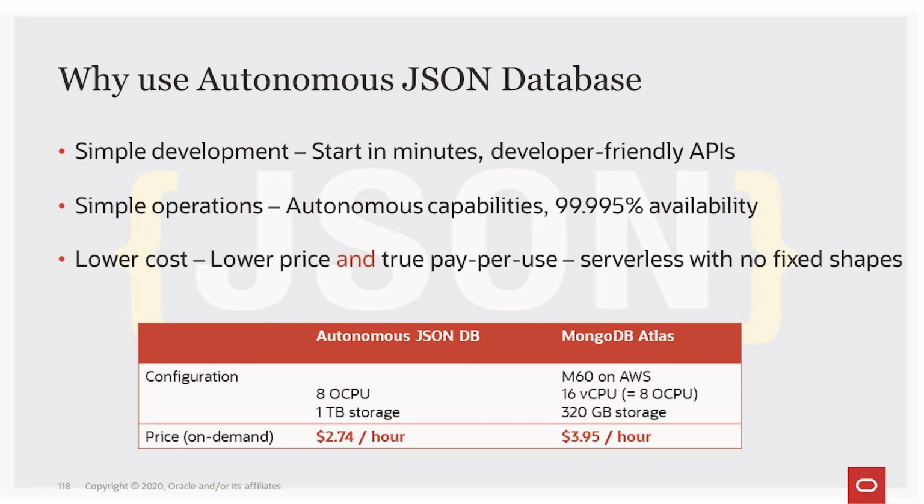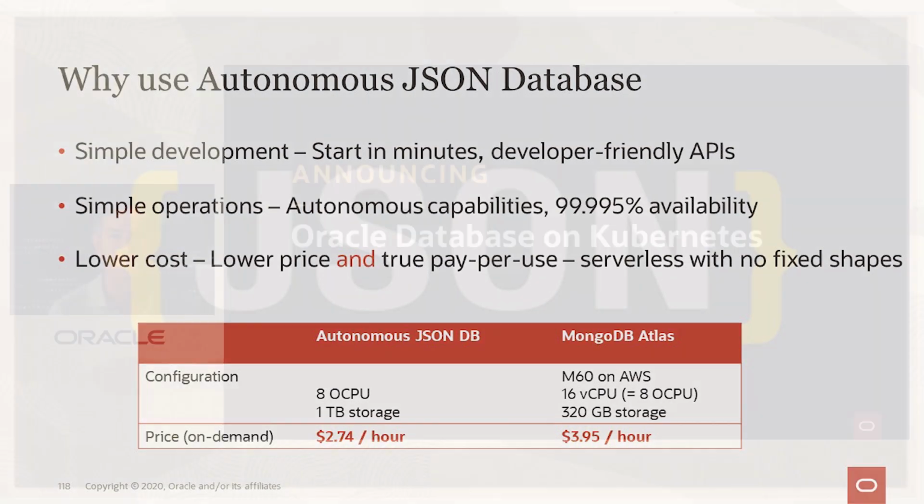Why would you use autonomous JSON database? There are many reasons, but a few are that it's very simple to develop. You can start in minutes with our developer-friendly APIs. It's very simple to operate, and it provides all the autonomous database capabilities, including super high availability. And it's dramatically lower cost. So we have a lower price than MongoDB, and we provide true pay per use, which lowers the price even more using our serverless architecture with no fixed shapes. So for the same amount of processing power, you get a lower price and many more capabilities than MongoDB Atlas